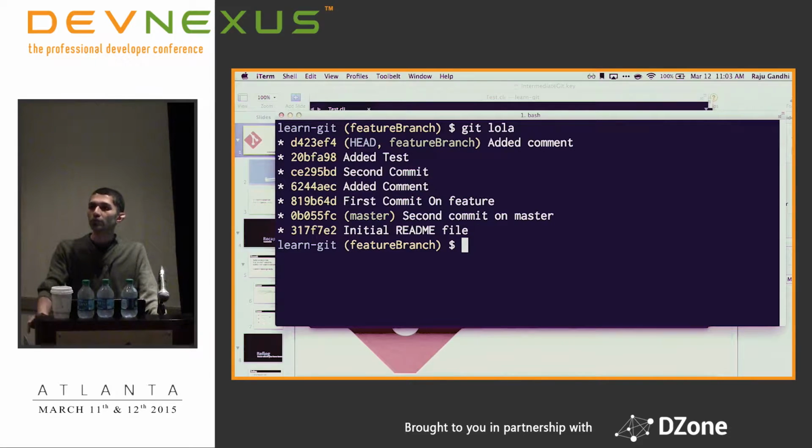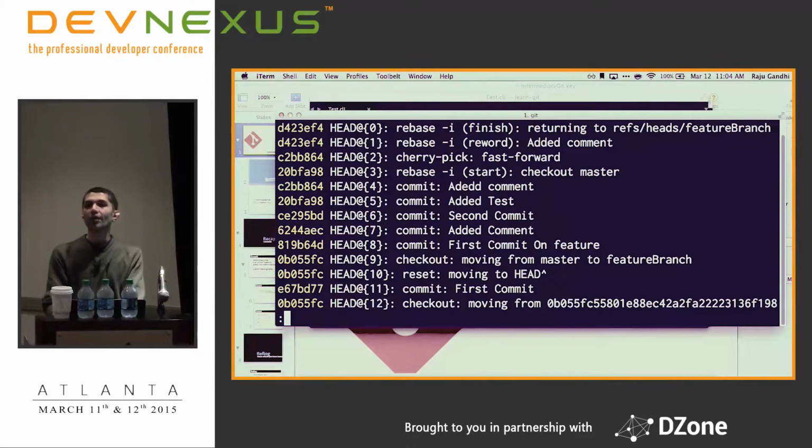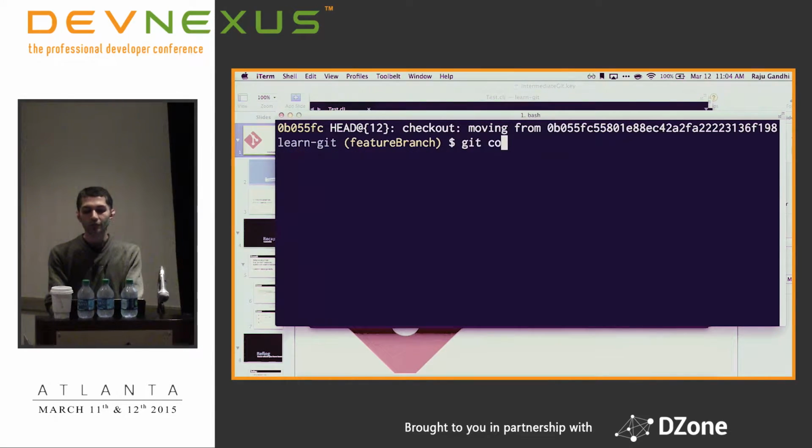What can I do? Well, before we do anything, let's go back to the state of affairs we were on before we started this entire experiment. What do? Git reflog. What does it tell me? It said I started the interactive rebase at this point. So this is the commit I'm interested in. So I copy that. I check out